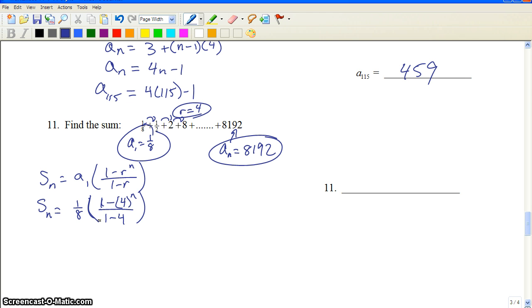To do that, we need to take a look at other things we know about geometric series. We know that the closed form of a geometric series is this. So let's start throwing some stuff in there and see if we get any further. a sub n, we know, is 8192. a sub 1 is 1/8. R, we know, was 4, and then to the n minus 1. Is that right? All right, let's see if we can solve this for n. Now, we can't multiply 1/8 times 4 because that would screw up the order of operations. But what we can do is multiply both sides of the equation by 8, and we will then get rid of that fraction, that 1/8. So then we get